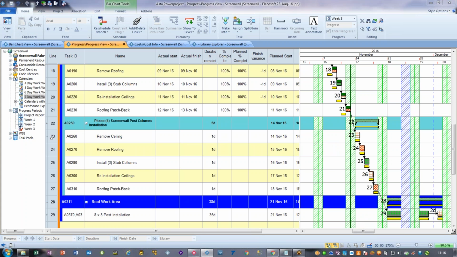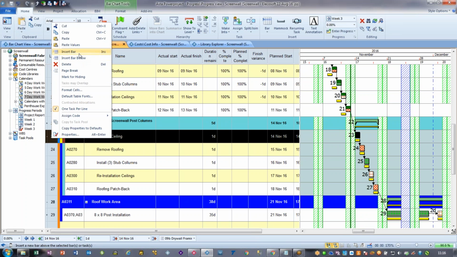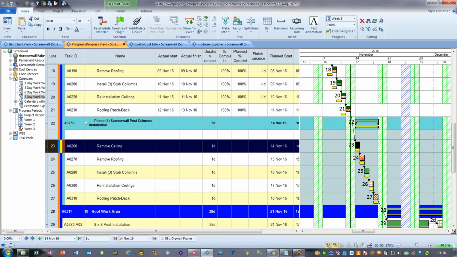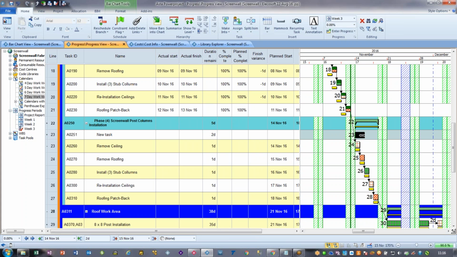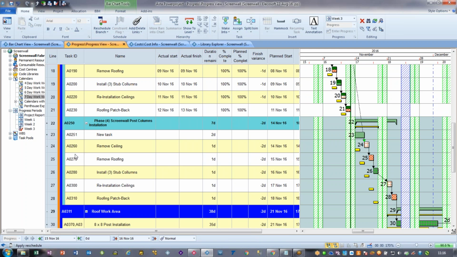Okay. So if we were to add a new task, we would insert a new row and say, new task, whatever it happens to be, and you'd be saying, well, we've got this new thing that we've just discovered that's going to take us 2 days to do, and we've got to do that before we can do the rest of this. So then we're going to reschedule and see the impact of that. So the big question contractually is: is this your fault, or is this an extra piece of work? And if it's an extra piece of work,